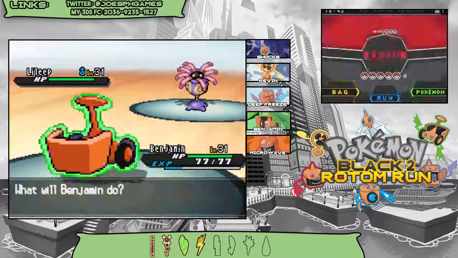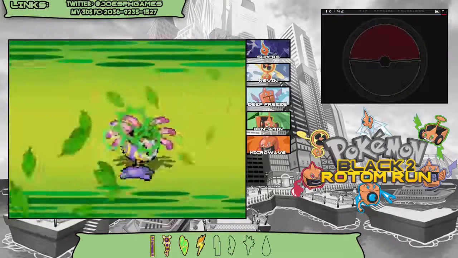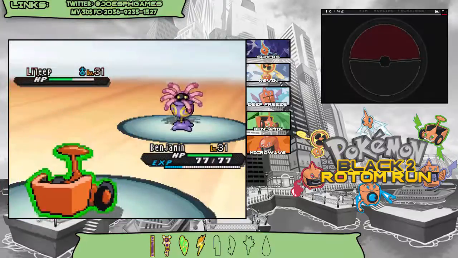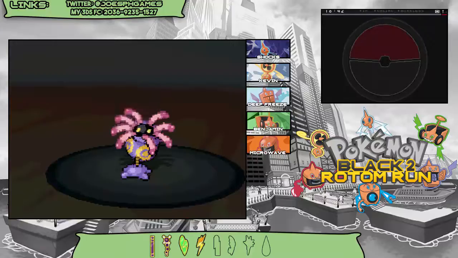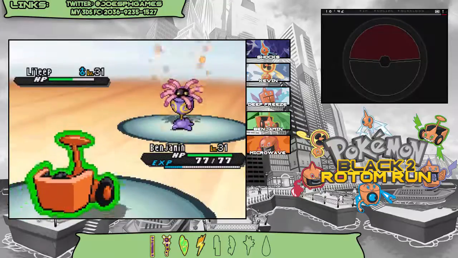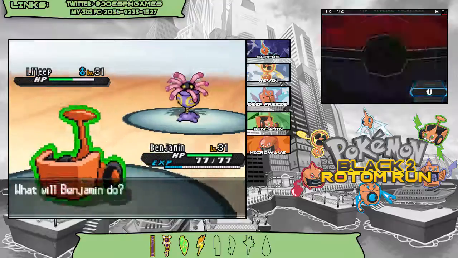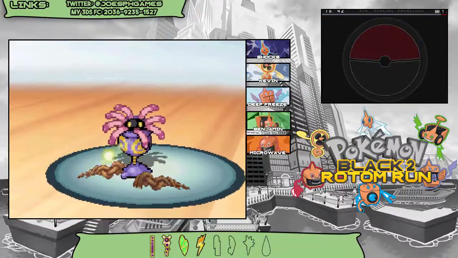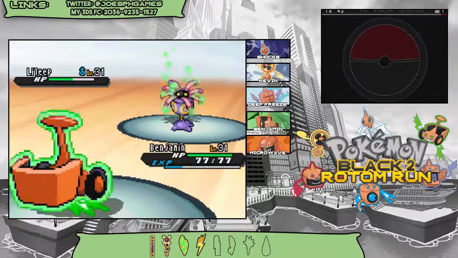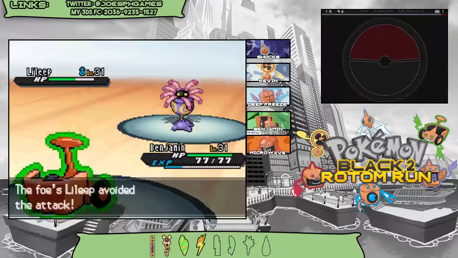Okay. And now you're using Amnesia, so it might take a Leaf Storm or two to kill you. Wow, Leaf Storm does nothing. So actually now you're amnesiaing up. I guess I'll go for it again. Oh my god, now you're ingraining. Well, I hope that you don't have a Blissey. That's one thing I hope, that you don't have one of those...